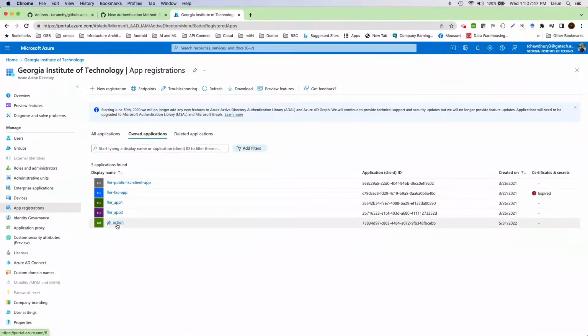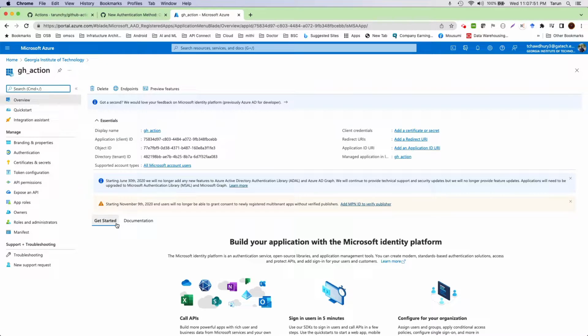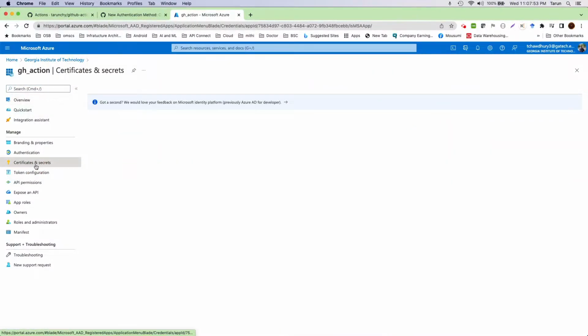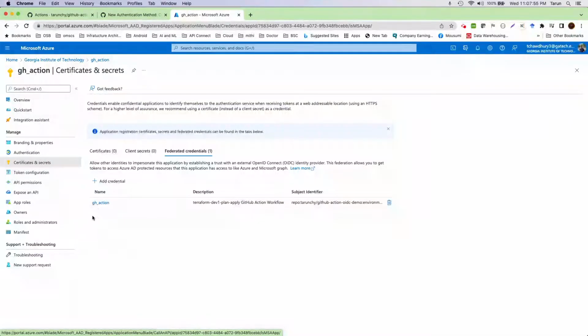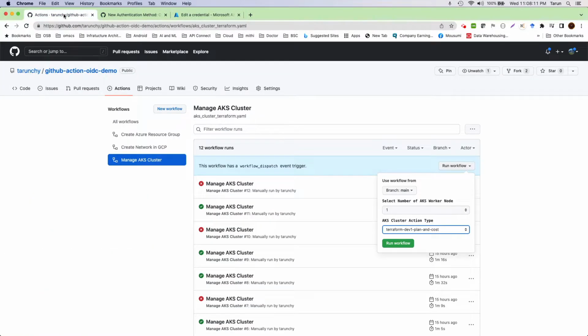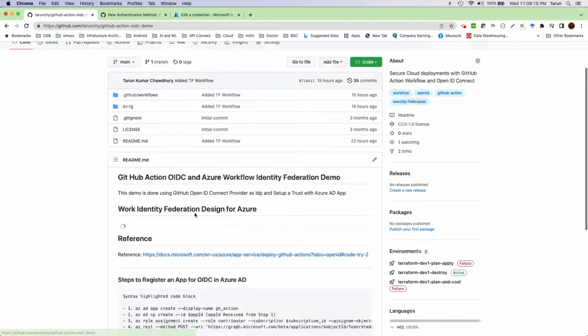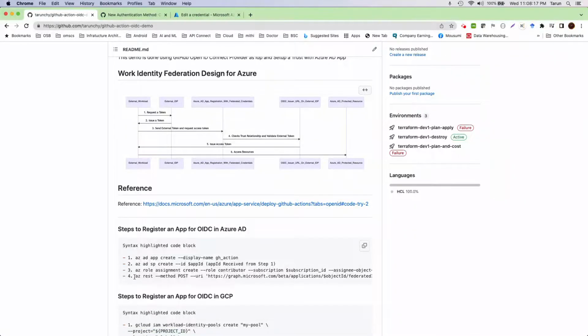So I have created this app. If I go to certificates and secrets, you can see it is supporting destroy, and you can add additional credentials for it. The way you do that is you copy this command,